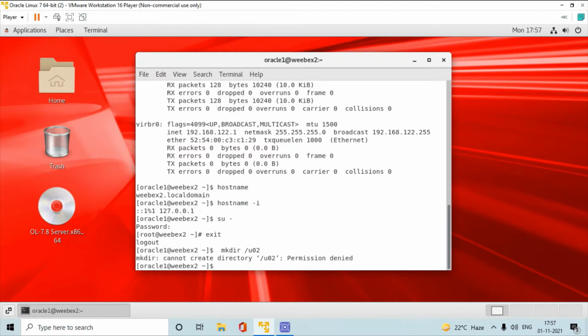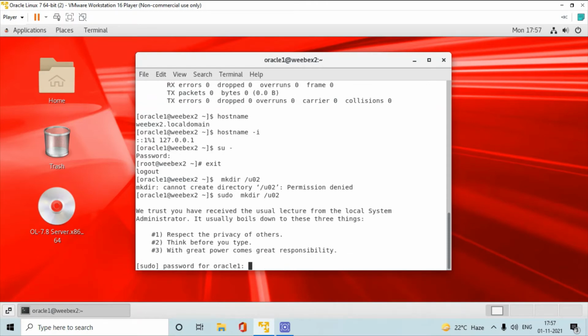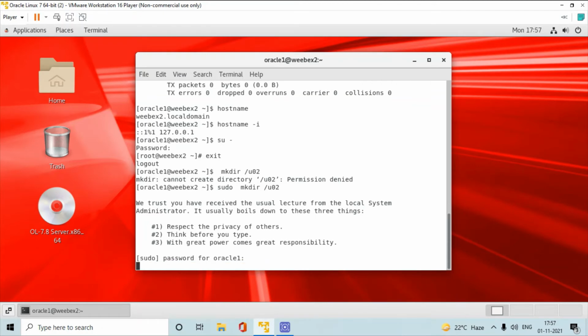It says cannot create directory, permission denied, because if you want to create it in the root directory, you have to log into the root section. Otherwise, you have to use the sudo command for admin privileges and enter. It will ask for the username and password, and enter.